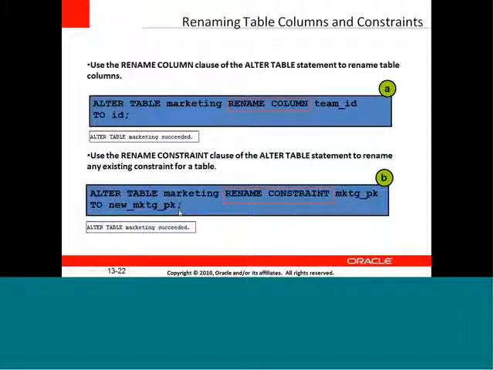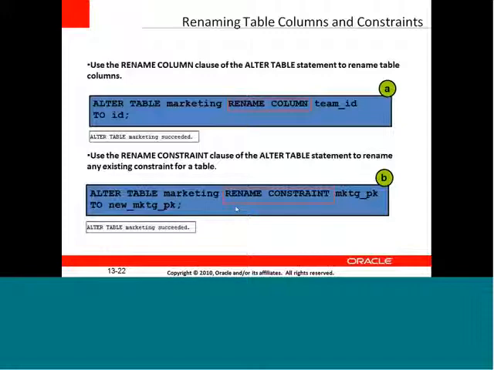Now comes the point, in fact a good question. If ever I want to use the constraint name again, now I have renamed it from marketing PK to new marketing PK. Now I'm going to use the constraint. I can't use the marketing PK henceforth.